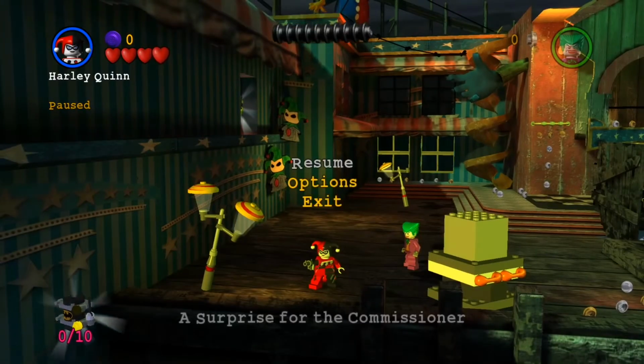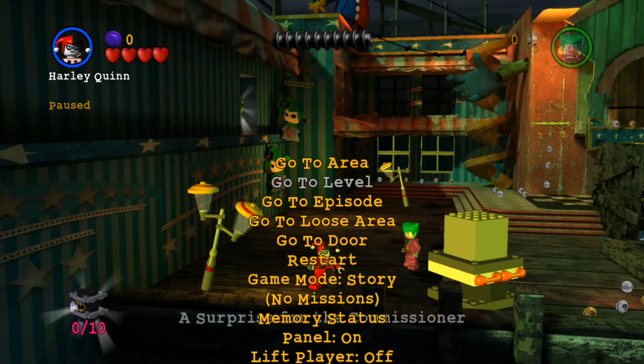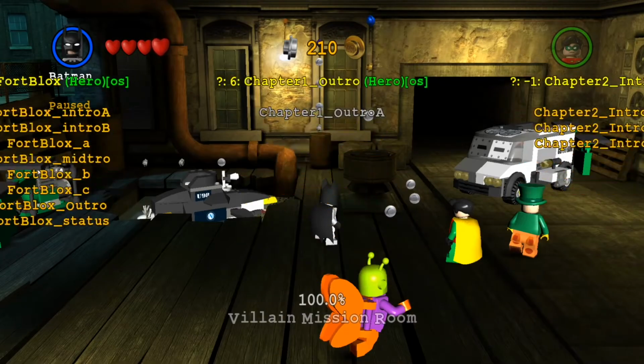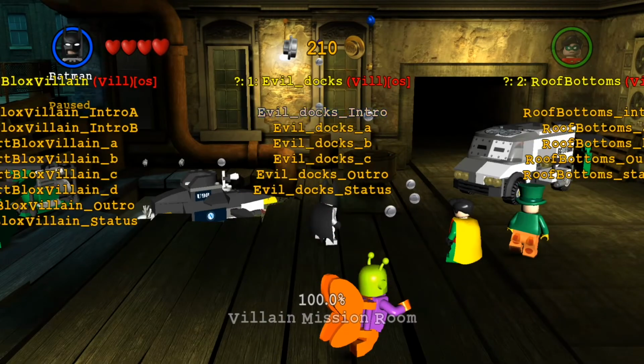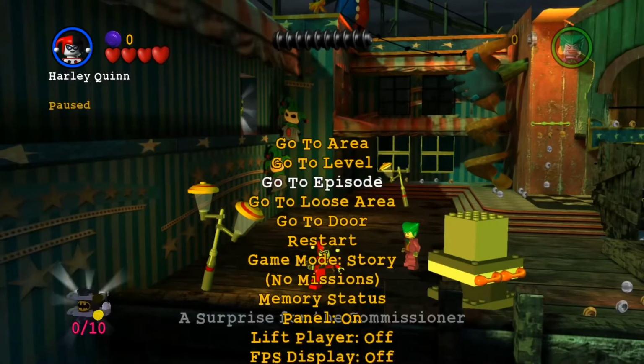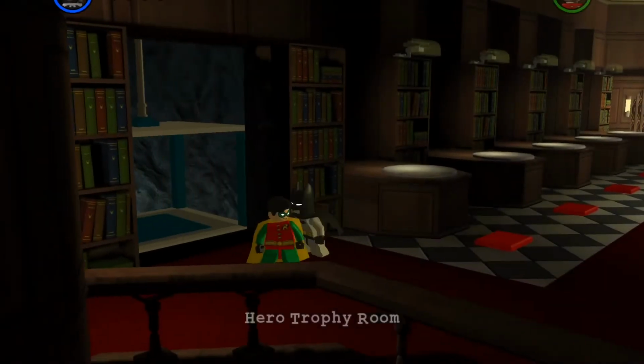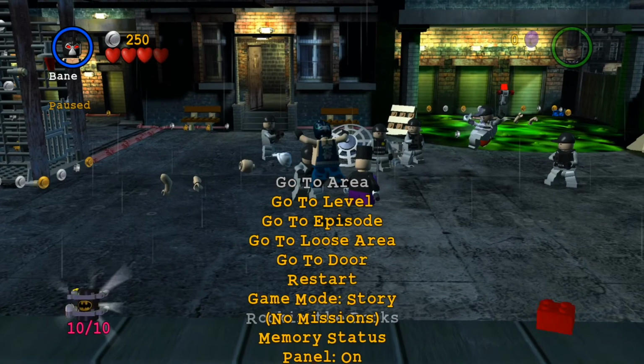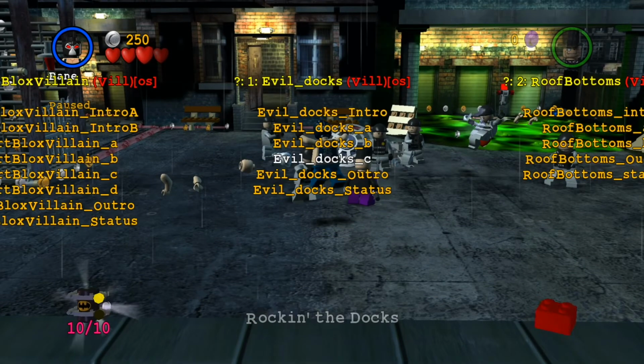If you Alt-Tab back into the Batman demo, pause and hit the hotkey you set earlier, which is likely numpad period. From here you can scroll to whatever you want. Go to Area allows you to travel to any room in any level. Go to Loose Area lets you select a general location in the hub world to travel to, including the bonus levels. All of these can be practiced in story or free play, which can be toggled respectively in the menu,